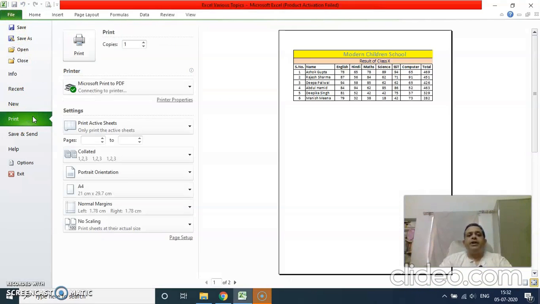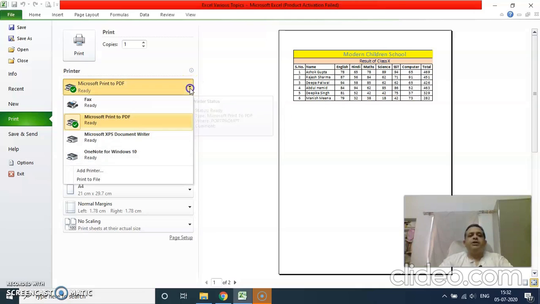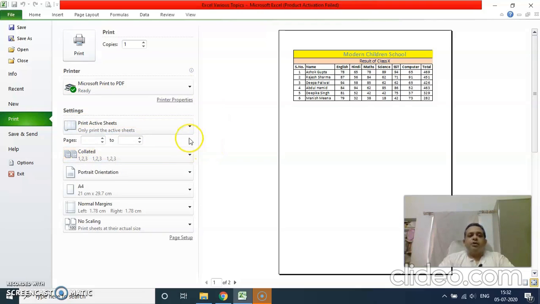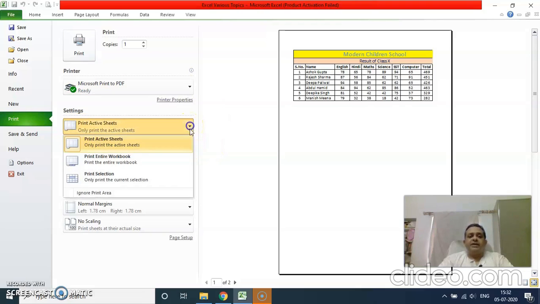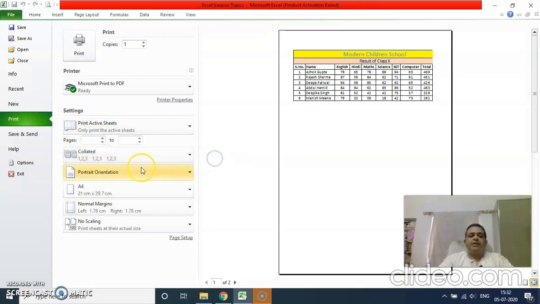Now when you click on print, this is the print dialog box that is going to open. You are seeing the preview here, how the printout will look like, and you have various options here, like which printer you are going to print on. If you have one printer attached or you have another printer that you are sharing on the network, you can select which printer to send the printout. Then you have what you want to print. Active sheet means only the sheet that you are seeing will be printed, or the whole workbook, or only the data that you have selected.